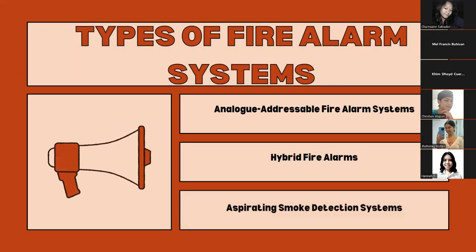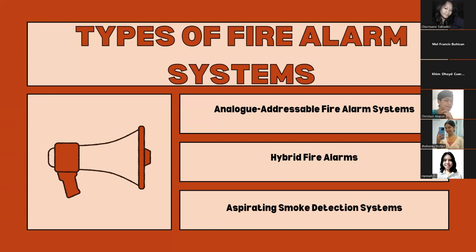The next one is the analog addressable fire alarm system. The definition of an addressable fire alarm system is an intelligent system whose components are connected to each other and the control unit. An addressable fire alarm system allows you to set manual and automatic alarms in distinct parts of the building. The fifth one is the hybrid fire alarm. Hybrid fire alarm systems are the perfect combination because they allow the hardwired and wireless detection systems to work in harmony to create a more customized and efficient whole.